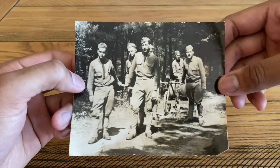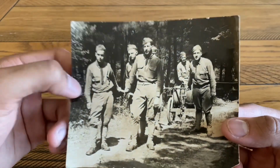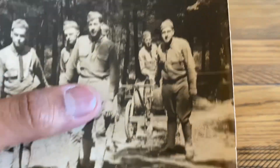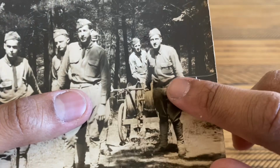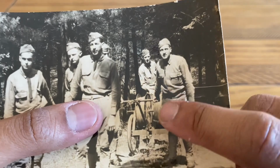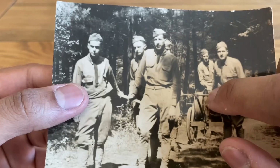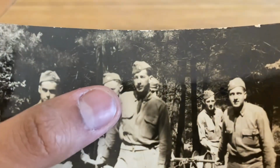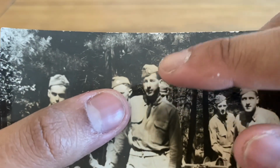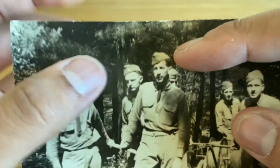And as for this photo itself, I'm very sure this is World War I, or at least a little bit after World War I, because the reason why I know is because you can see the shirts are actually pullover shirts, which you often see during World War I. And you see a lot of these soldiers have pullover shirts, and the side caps have the circular, I think, color disc circle. Sorry, forgot what it is, but the overseas cap looks similar to those of World War II,